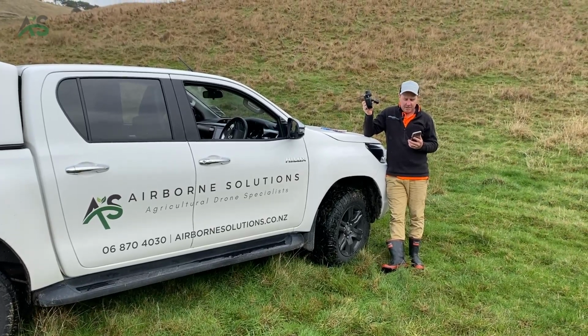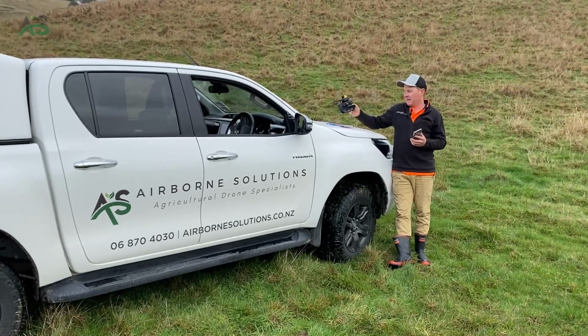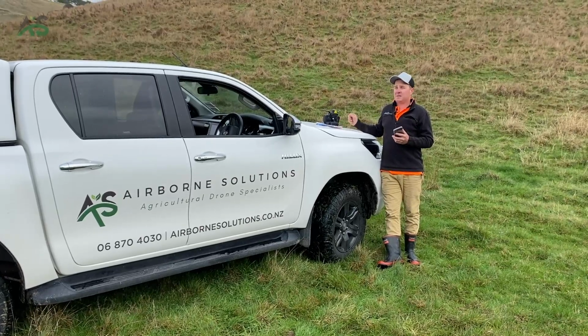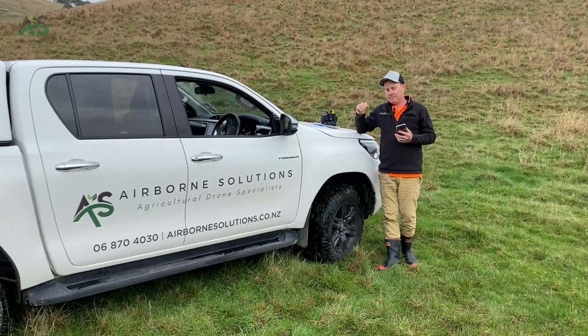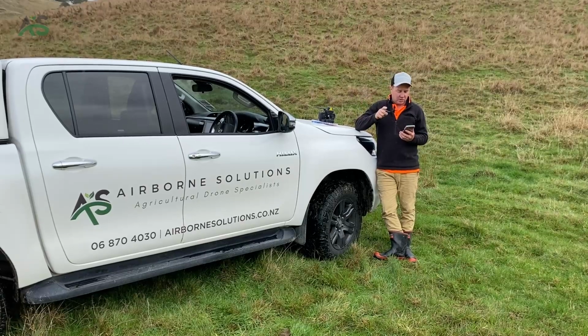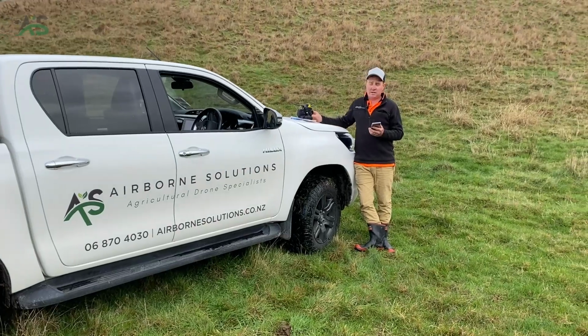The other way to map is called VRTK. So this is virtual RTK. So that is really accurate, sub half a meter, but it is a little bit more tedious to map with, and we'll go through that right now. So first thing you do to map in VRTK, we've already got the unit into VRTK because it